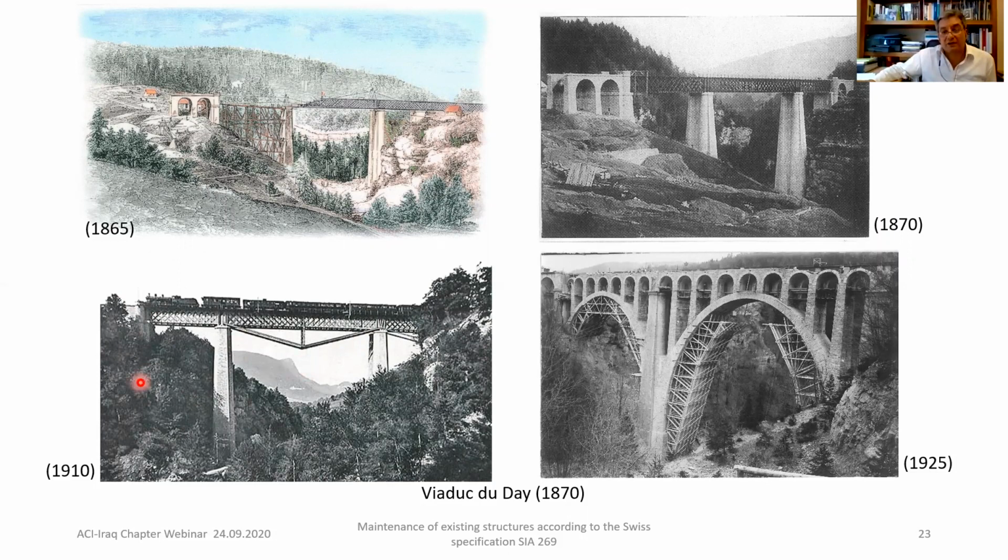Then in 1925, they added arches because the trains became so heavy, and because the railway line here connects Paris to Lausanne, so it also crosses the mountains of the Jura. It is part of the Orient Express. This bridge is actually a concrete bridge. It's not masonry, because